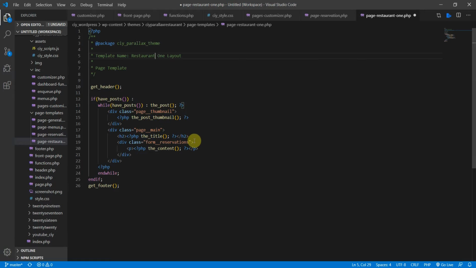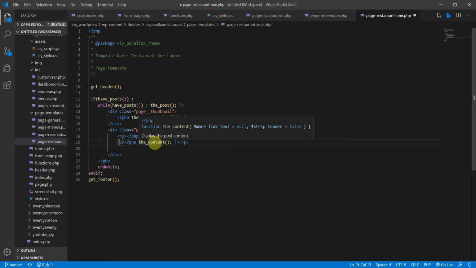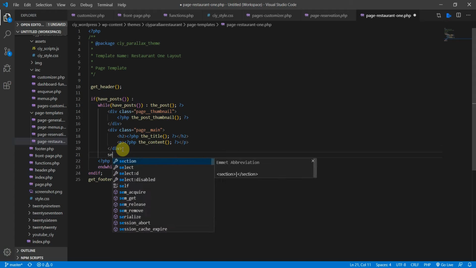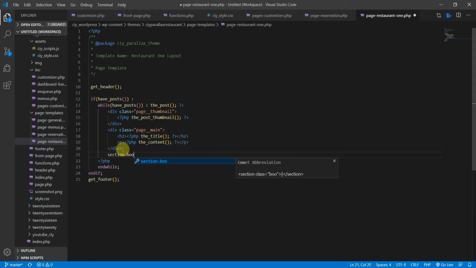We don't need this class here, reservations, because we don't have reservations on this page. Okay, so we get the content, the title, and the content. What we need now is a class here for booking. So remember we had a booking section there, right? So just a section with a class of booking,